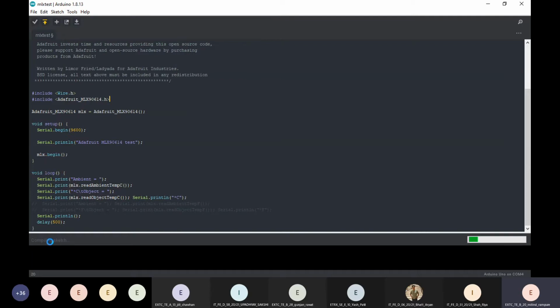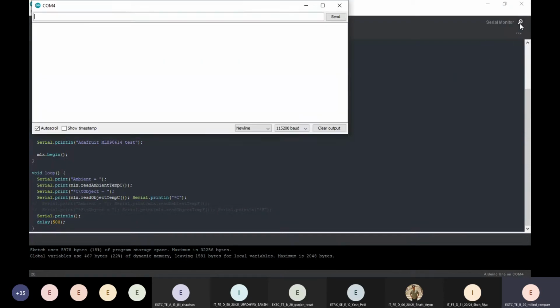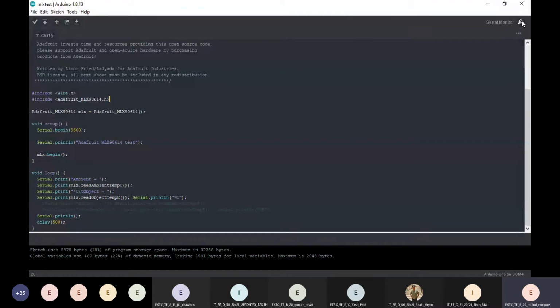It will first compile the sketch, and now it's uploading. Done uploading, it was very quick. Opening the serial monitor is very simple, it's right there on the top right corner.